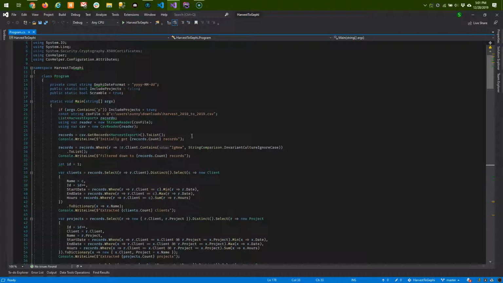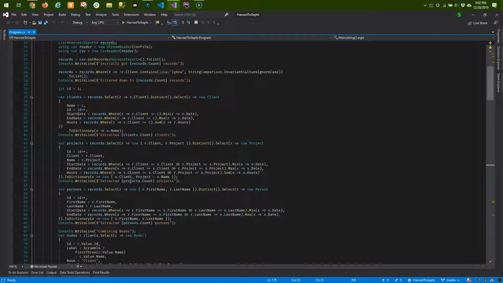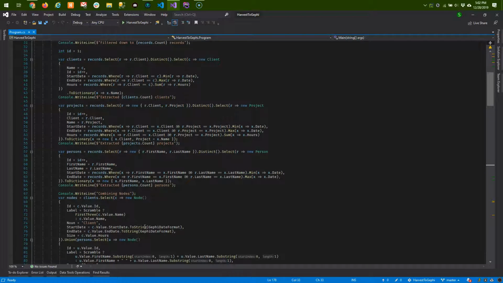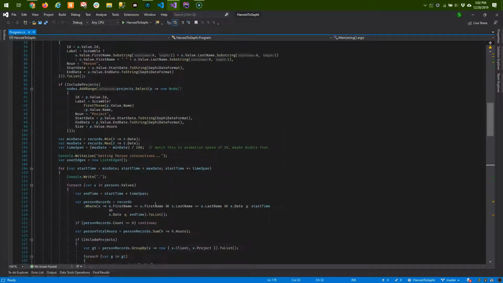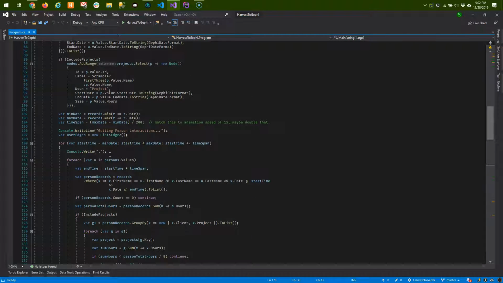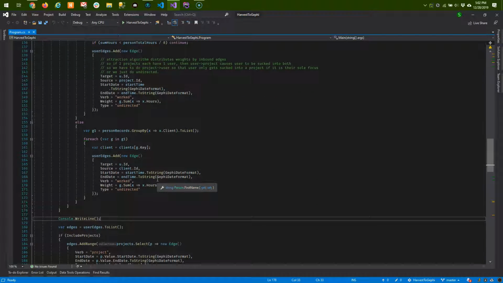Effectively, what I am doing is screening out all of the internal stuff, so that's taking out vacation time and travel time and holidays. That really messes with the graph. And so taking out clients, taking out projects which we're ignoring, taking out the people, creating a bunch of nodes, then going through and getting a bunch of per time frame, who worked on what projects, information with some,